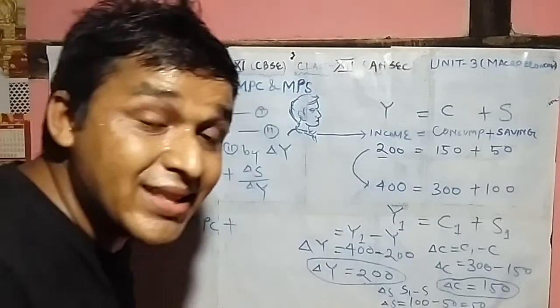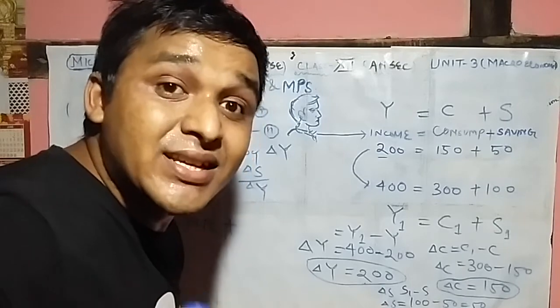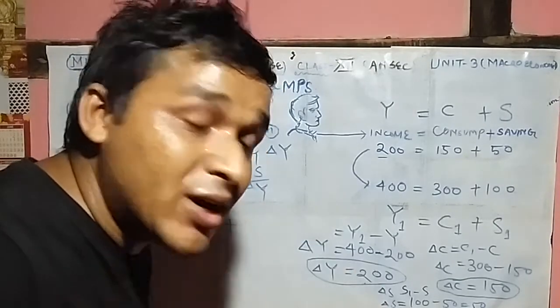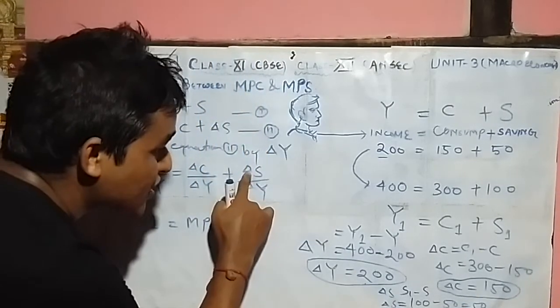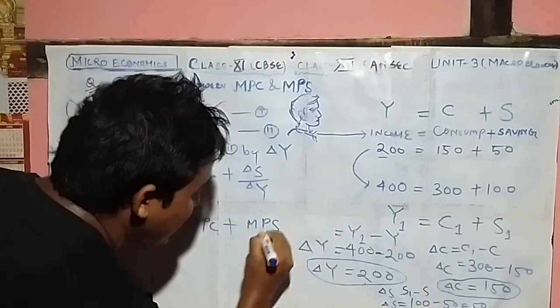And similarly, what will be the change in saving when the income changes? The ratio of change in saving to change in income is MPS. So what